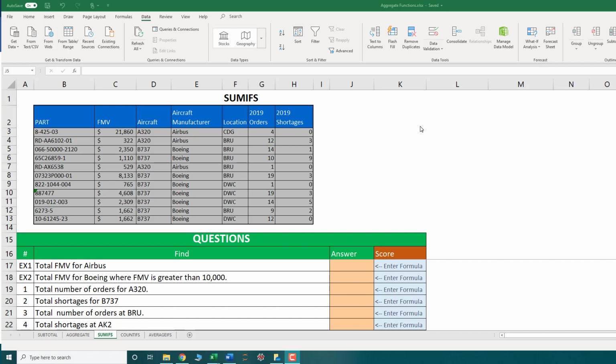In this video, we are continuing our series on aggregate functions. This video will focus on the SumIf, CountIf, and AverageIf functions. What the SumIf, CountIf, and AverageIf functions do is they take the sum, total, or average given a set of